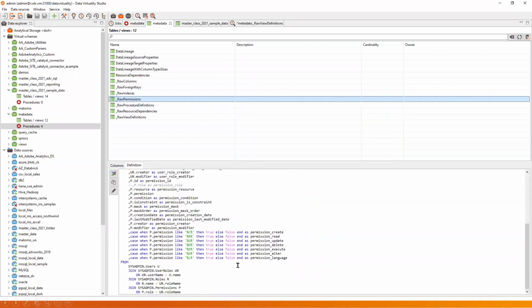And what we do here is we show the purpose of this view. It really is to show how you would join between users, user roles, and permissions. It does a bit of an explosion of data, and it gets a little hard to read. But one of the purposes was to show you how to join this data, right? And also how we can translate our permissions, like our create, read, update,